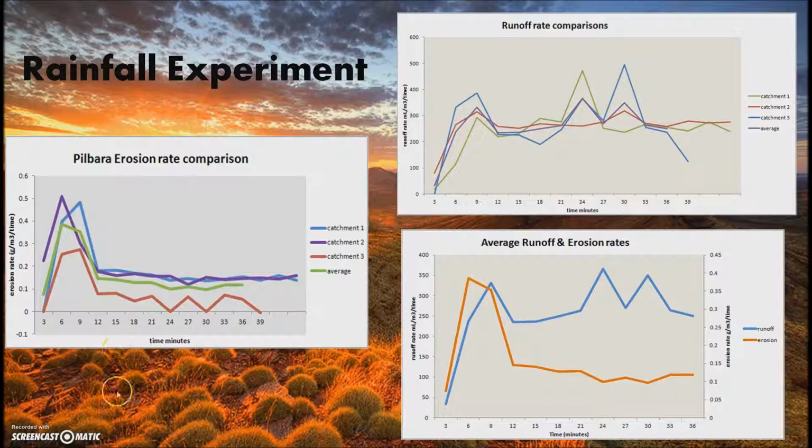Erosion rates peak during the first 3 to 12 minutes of the experiment in conjunction with the peak in runoff rates. This is because as the rainfall fell onto the dry sandy soils, lots of sediment debris became displaced through the raindrop impact and became washed off with the high rates of runoff. However, over time, the erosion rates continued to drop because as the soil profile became saturated, there were few sediments that could be loosened on the surface.